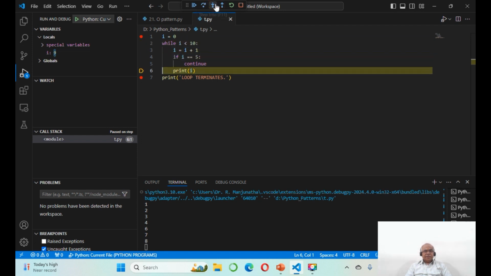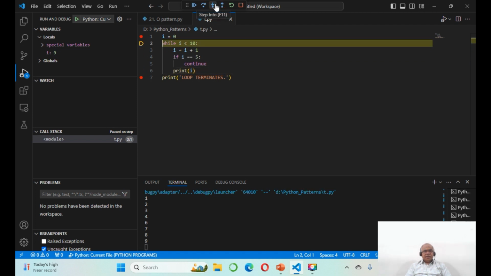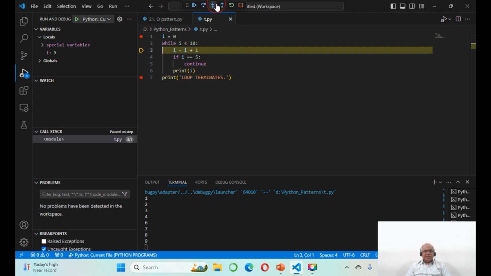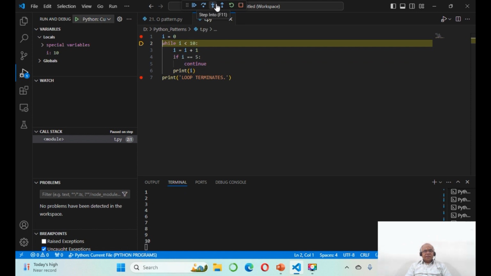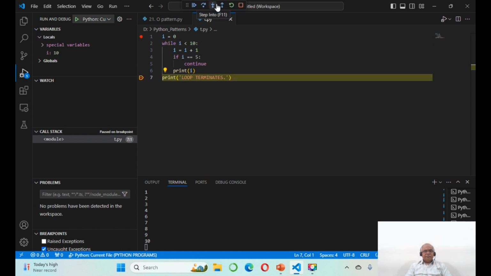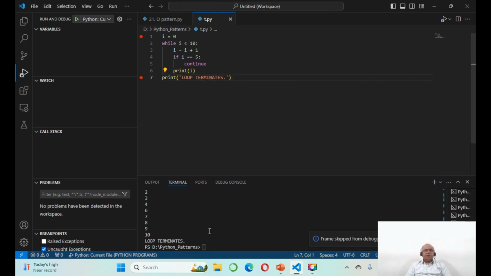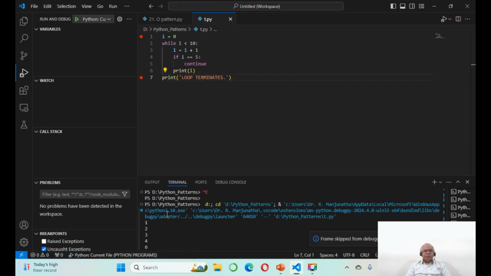9 is equal to 5? No, print 9. Then is 9 less than 10? The condition is true, then I will be taken as 10. Is 10 equal to 5? No, print 10. Then 10 is less than 10, the condition becomes false, then print loop terminates. So this is how the continue statement works, both using the for loop and also using